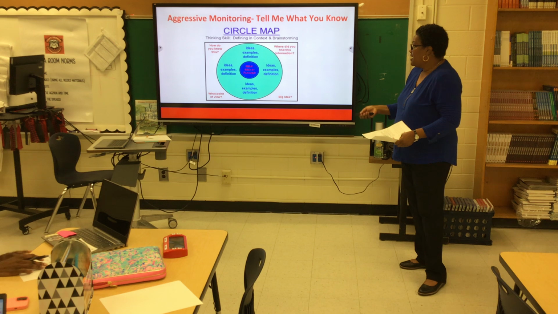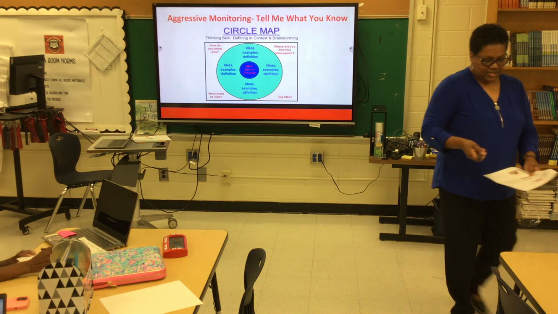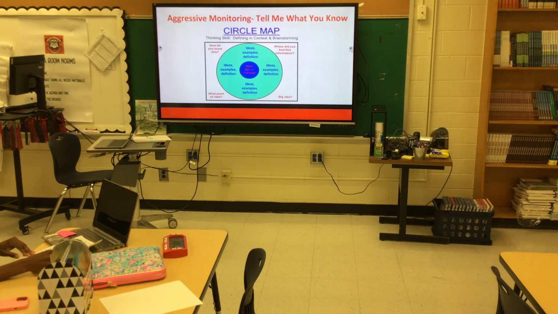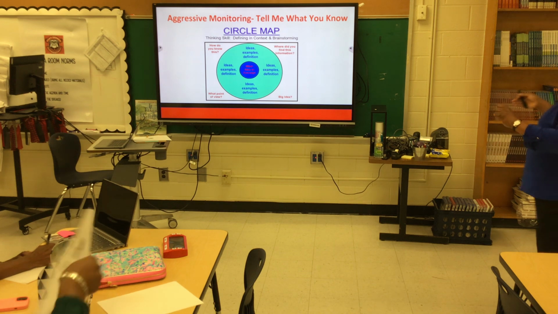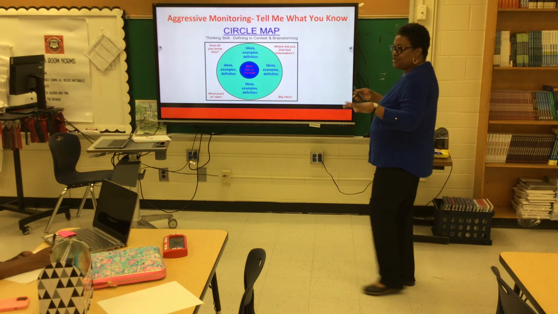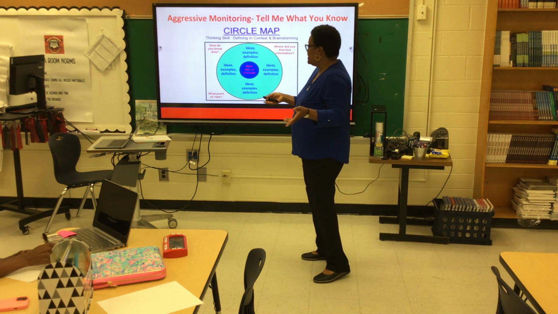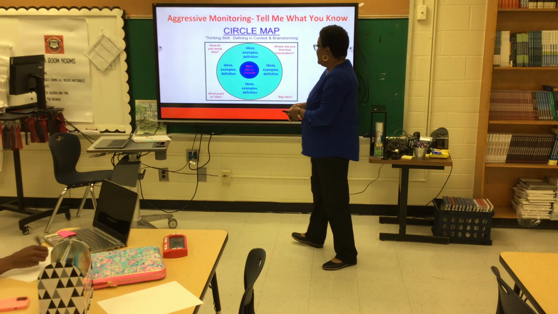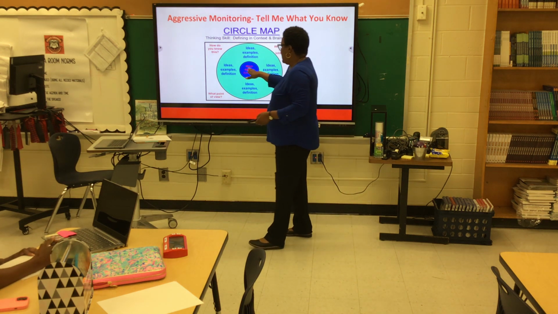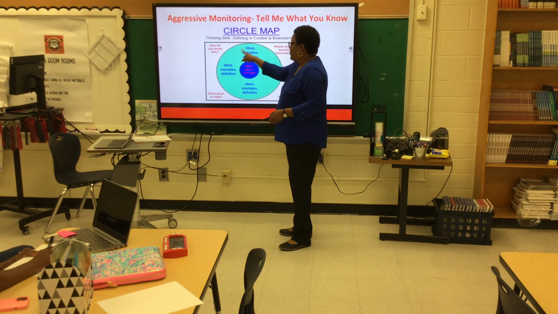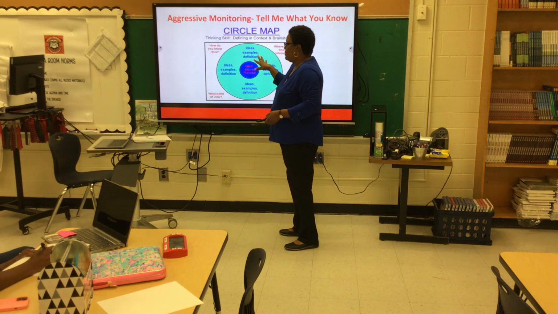So, some of you last year learned the circle map, and some of you didn't, I don't know, but here's my quick review. I'm pretending we've already done the circle map, but we're gonna loop back to it, and I wanna make sure everyone understands our concept for today, which is aggressive monitoring. Remember, in our circle map, we put our concept or our term in the middle, but we don't close the circle. Does anyone remember why we don't close the circle? You're still adding, and you don't wanna limit students.